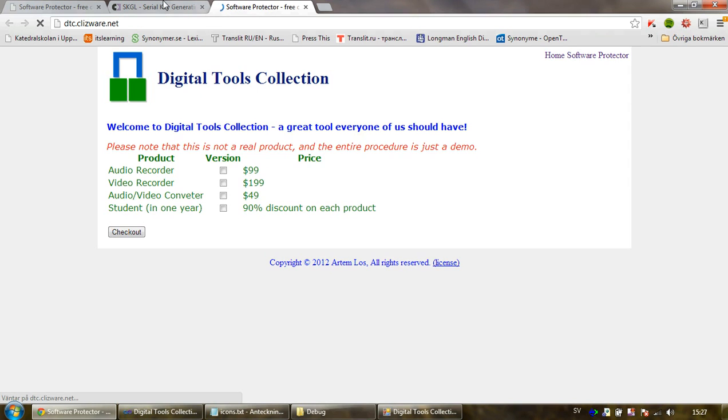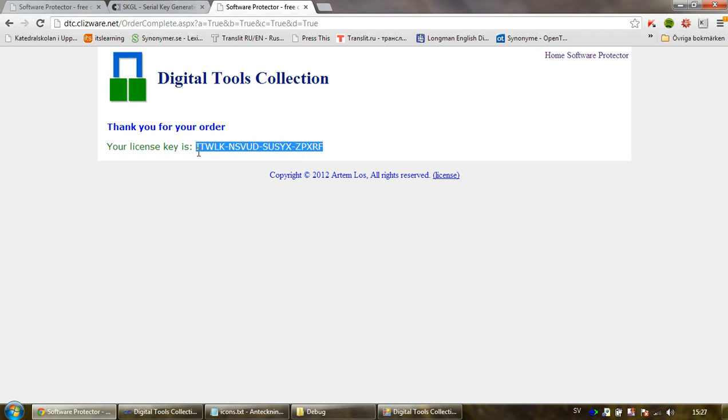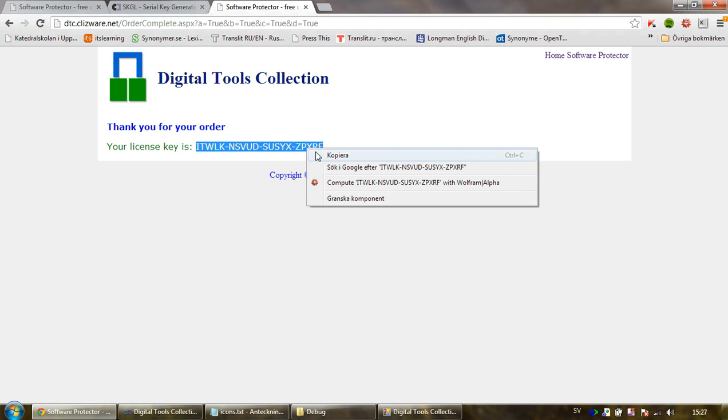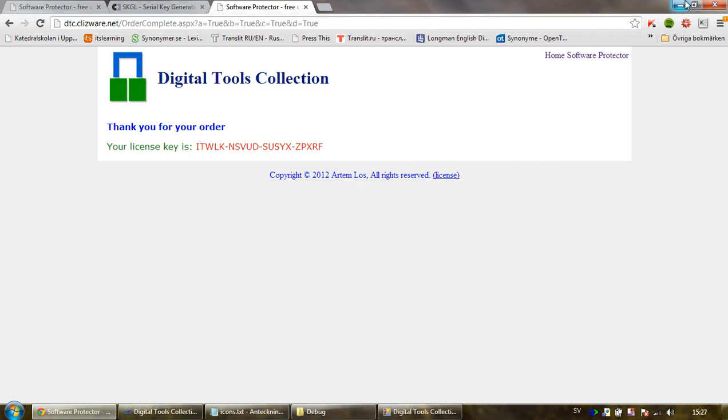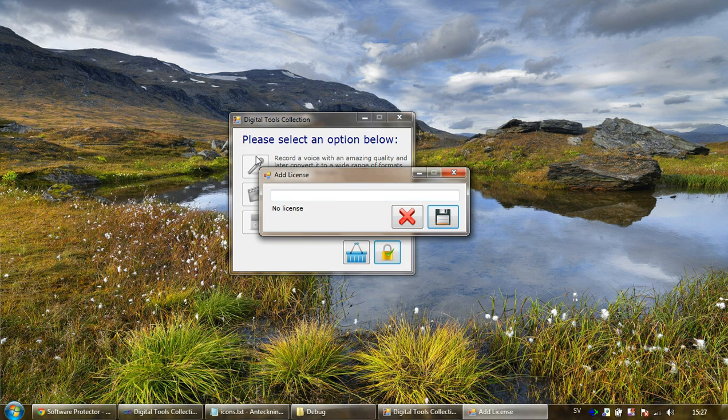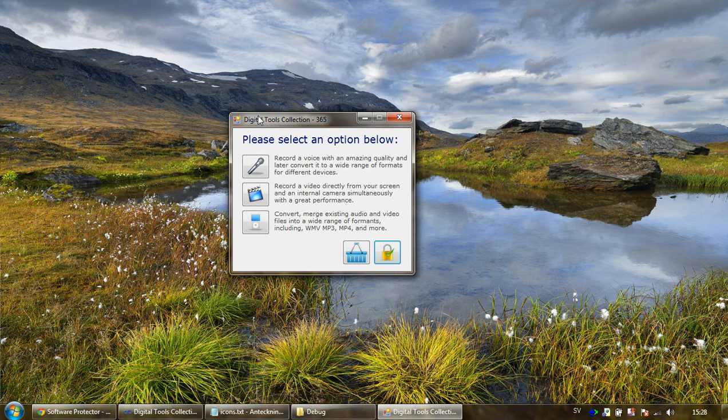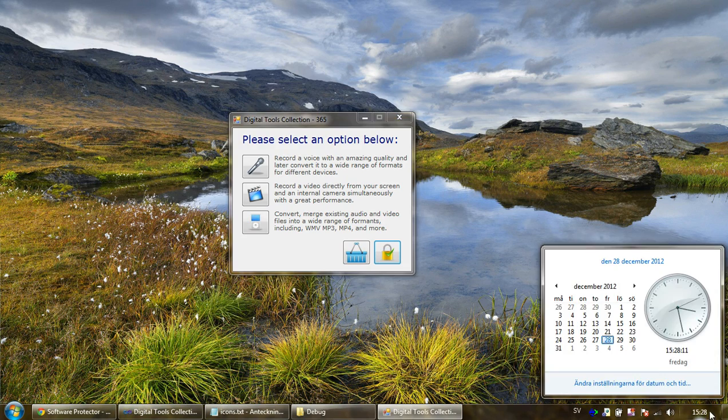He pressed the buy button. He realized he's a student, and he realized that he is a person who wants to have everything, so he just clicks everything in. Then he gets checkout, and then he copies the key. Then he minimizes this box, and then he goes into the registration box here, and then he sees, oh, I have 365 days left, and then he saves, and then he gets all of them. And one thing which is really interesting now is that you can go to your calendar,